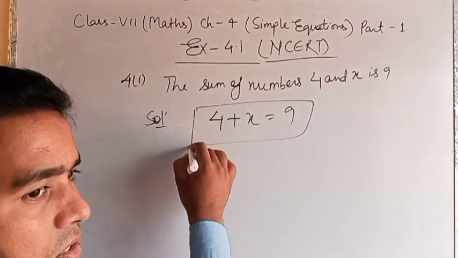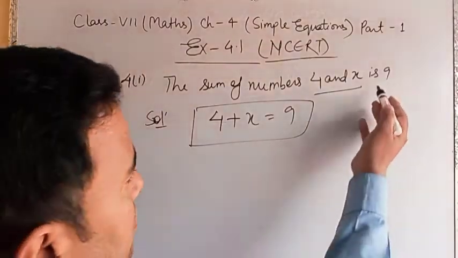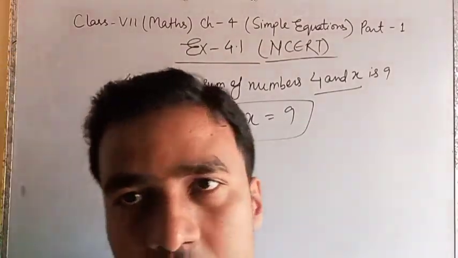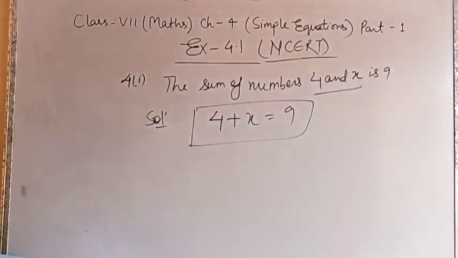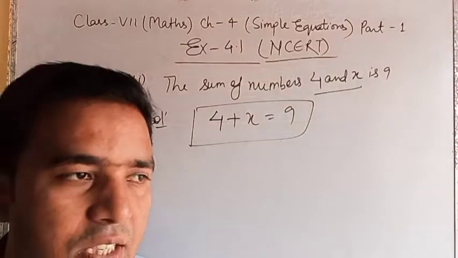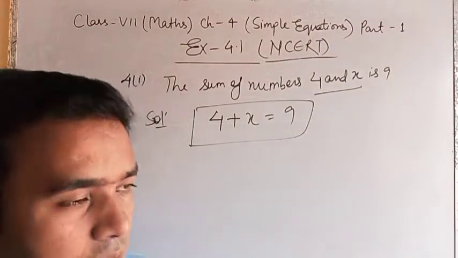Sum means plus, the sum of the variable and the constant. "Is" means equal to 9. Clear? 4 plus x equal to 9. In the second one, subtract from y is 8. Subtract, you can do. Clear? The third one,